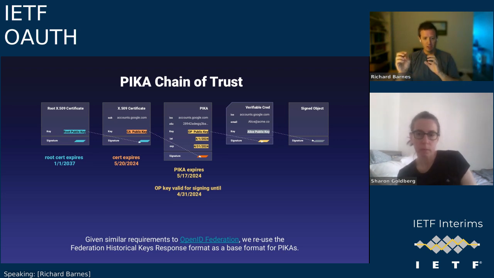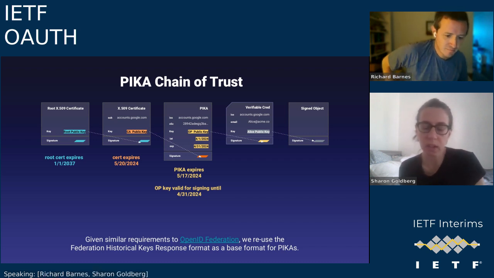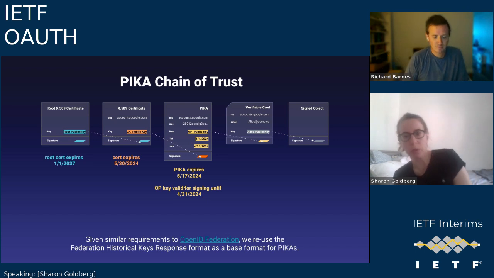So instead of having a bunch of bytes over a TCP connection, you have a bunch of bytes in an X5C header in a JOT that lets you verify that this object was signed by someone who holds a given domain name. So it's kind of like taking this online key exchange process that you would do in HTTPS and just stuffing it inside the PICA.